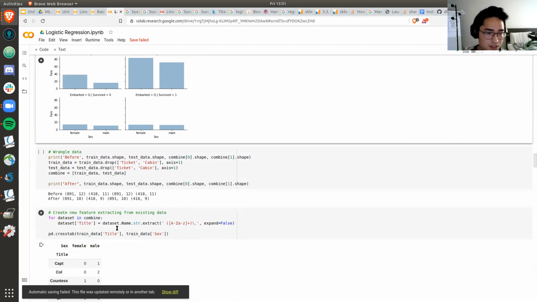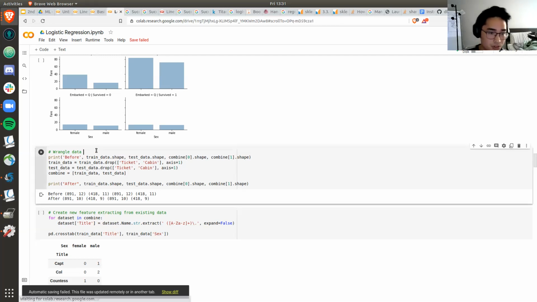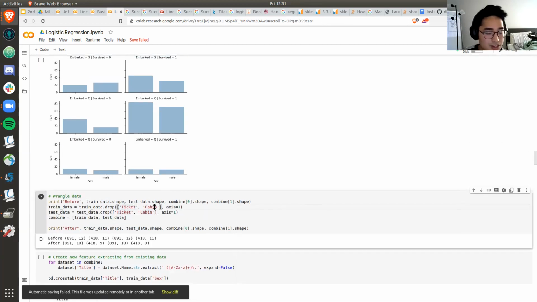Now, when you go through all those data sets, after making all these observations, you have to understand what do I need to take out? What features do I need to keep, and which features do I need to take out? So in this case, when you wrangle or pre-process your data, we can see from our observations that we don't really need the ticket or the cabin number. That's not really important to us. So let's just drop that.